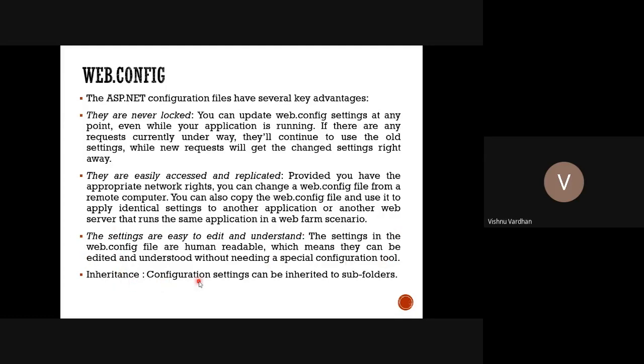Then inheritance is automatically supported. As we have discussed, you may have one admin folder, or a guest folder, or some users folder. All these folders can have one independent web.config file. What they are actually doing is, they can be given some additional restrictions. Suppose there are guest users, maybe they are not offered some of the privileges that your web application has. So in those conditions, you can write those restrictions in the web.config file,